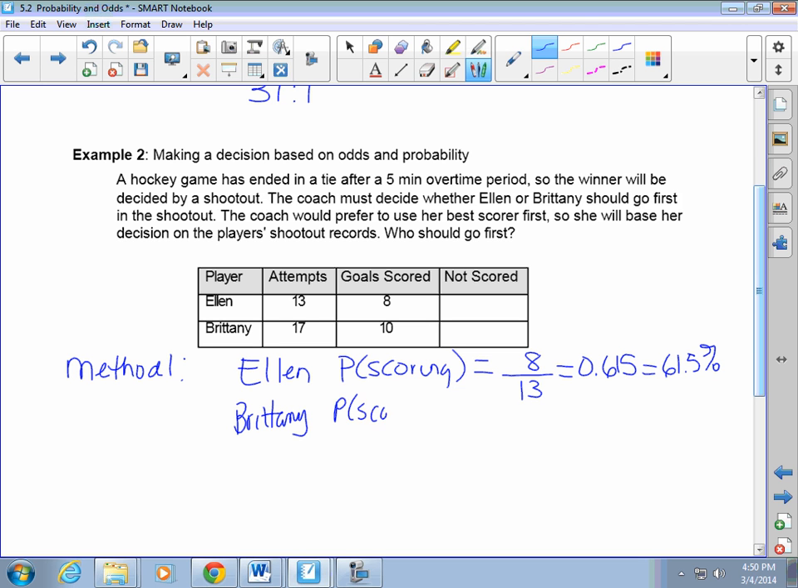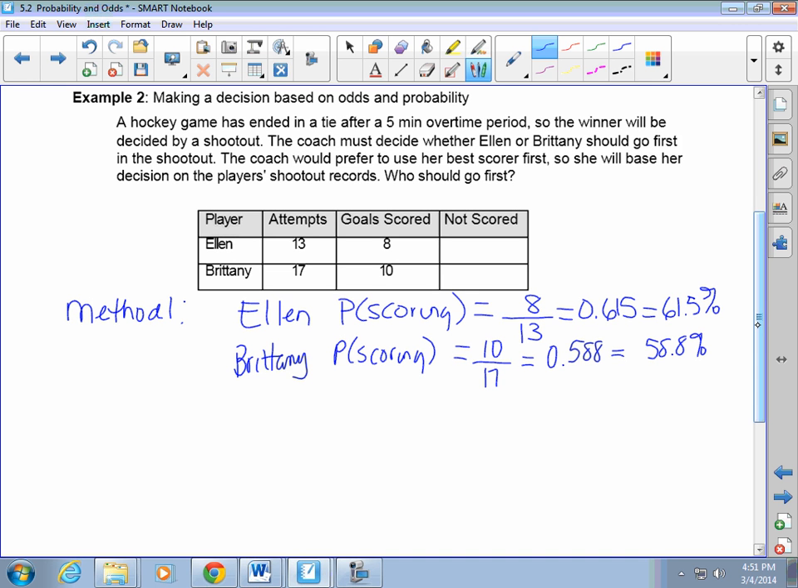probability of her scoring is a number favorable, so 10 out of a possible 17. So 10 divided by 17 is 0.588, which is 58.8%. So that's one method of doing it. The second method of doing it, so this is just calculating their probability. The second way is to look at odds in favor